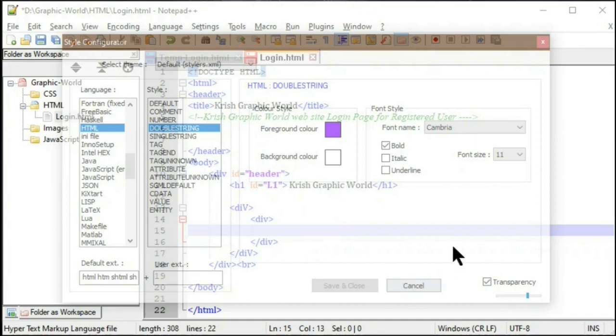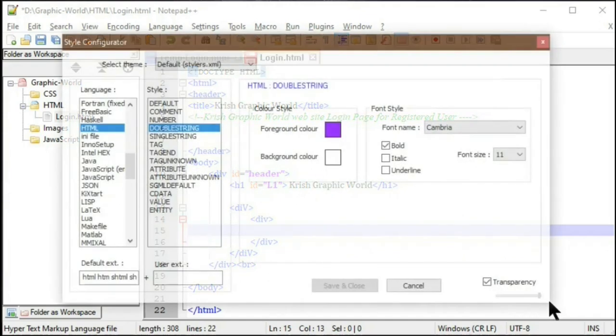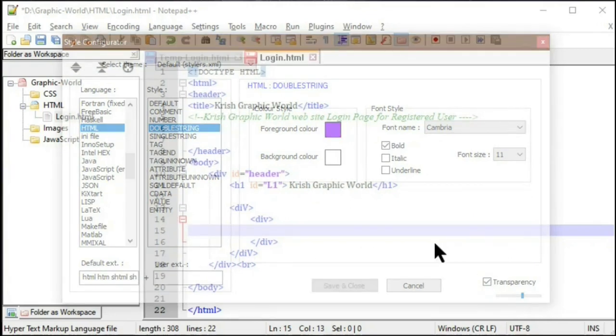For the transparency, they have given a slide bar, so we can change it to any extent. Suppose I put it at the lower level, then our entire dialog visibility is gone. Then I change it to full, then my dialog box visibility will be slightly better. So like that we can change our transparency level also by this transparency slide bar.